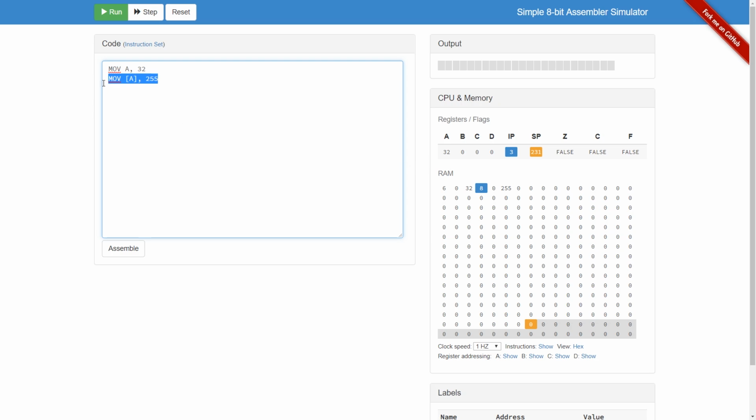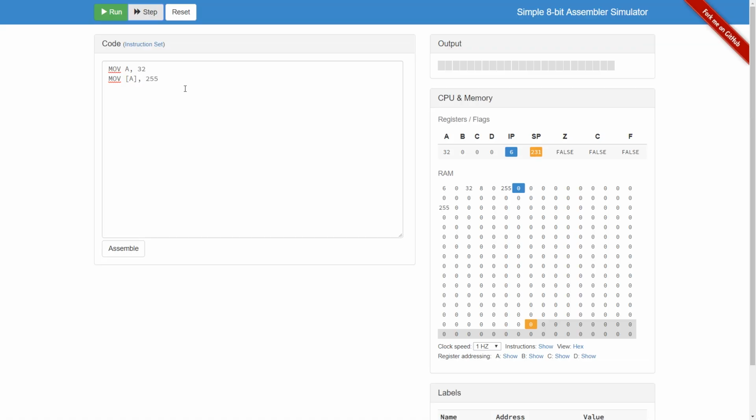Then we will move 255 into whatever A is pointing to. And this is a pointer, basically. So if we do a step here, we will see 255 out here. Why is it down there? Because this is the 32nd memory address. We can then say INC on A, increment the A, and then